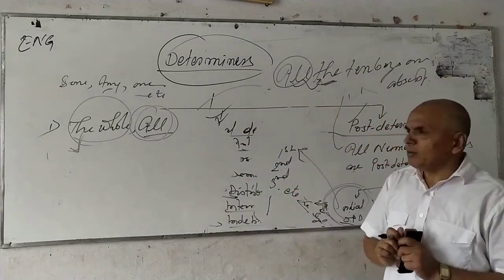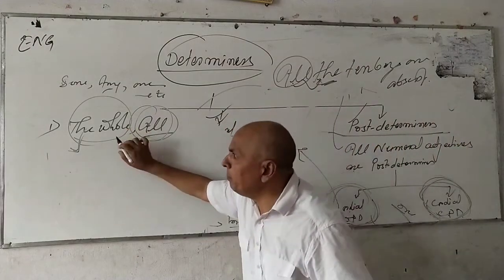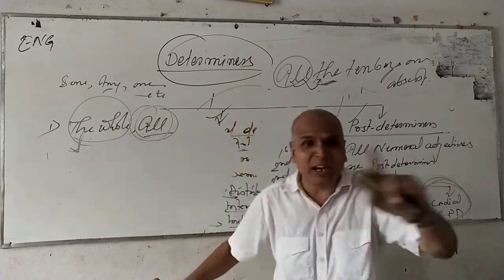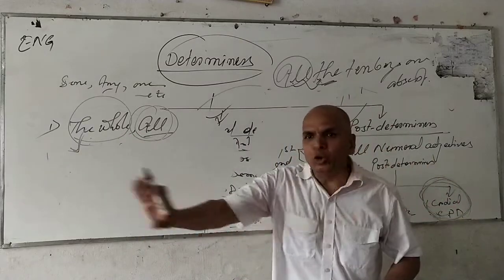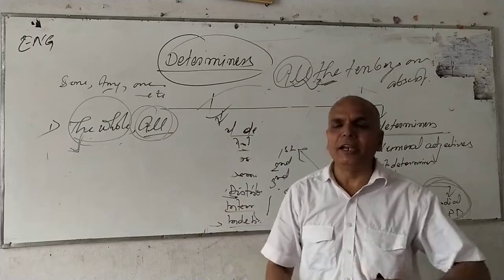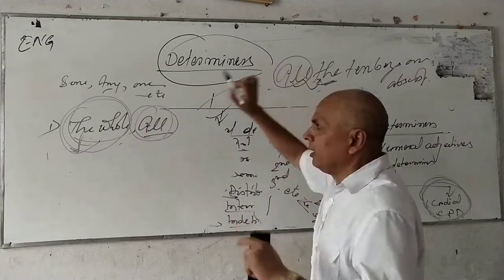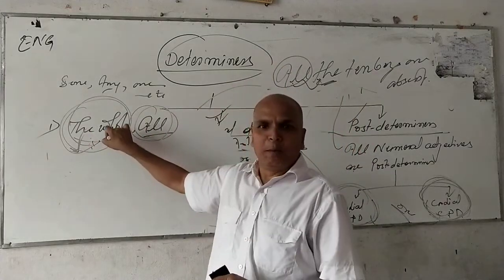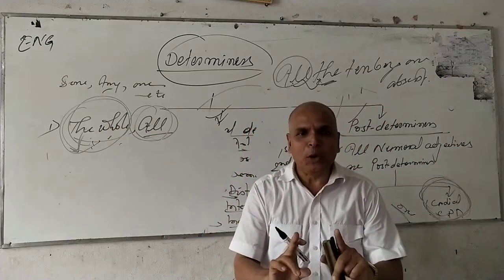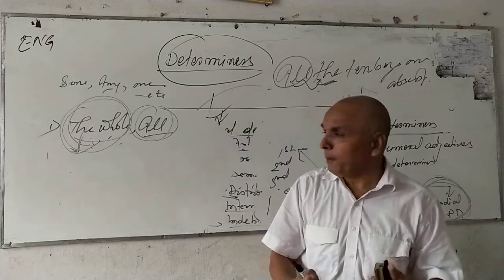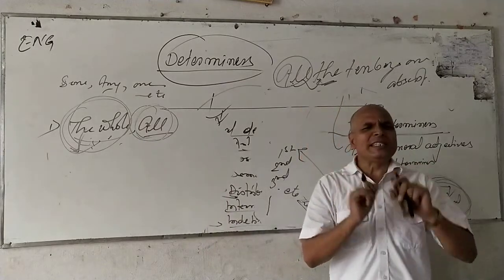What is the difference between that? Here the whole, we cannot talk about the whole without the. So the is here not the definite article. The is an integral part of the whole. Whole is never retained as just whole; whole is always retained as the whole. And that's why here the is not the definite article of the central determiner. The is here an integral part of the whole. So the whole comes together, always supposed to be together. Here all, but this is the syntax difference. What is the difference in sense?